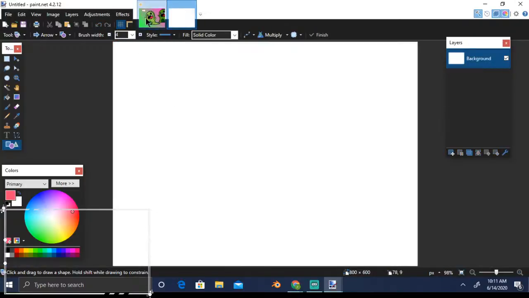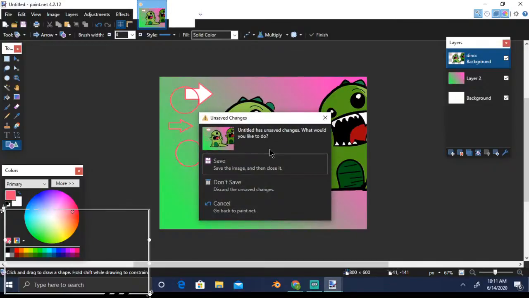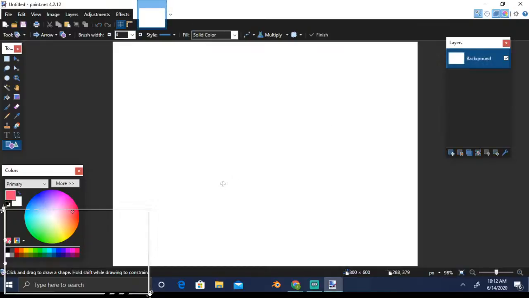So here you can see the old canvas is also there, and the new canvas has come, right? This is also one good thing. If you are working on multiple things and you want to copy from one canvas to another, you can keep this canvas open, or you can close it from here. It will prompt you to save it. Let's say I don't want to save it. Here you go, it went away. So here is the new canvas with the white background.